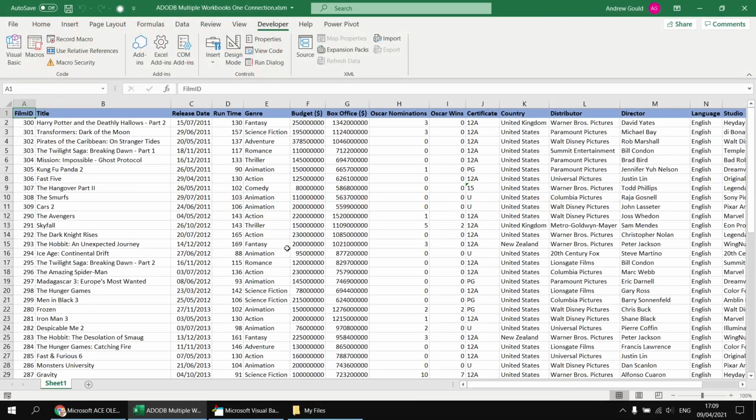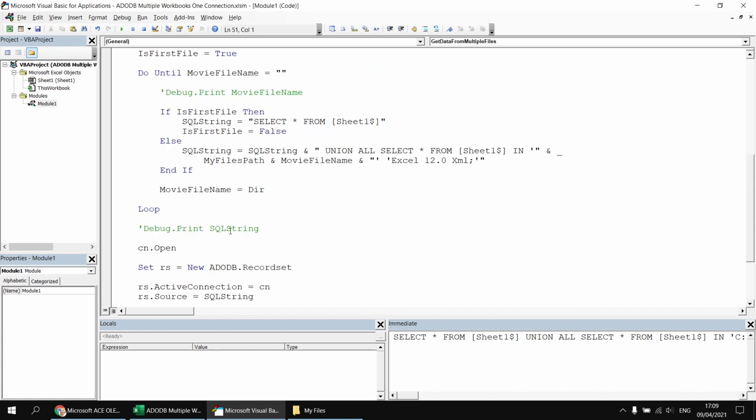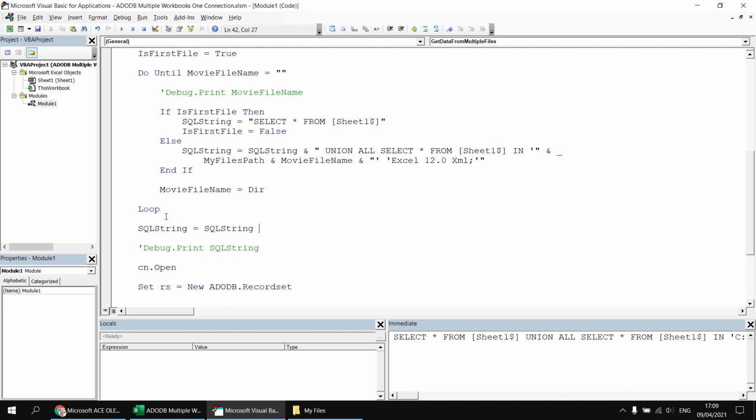So at this point, it's really just a case of playing around with the select statement to do a few more interesting things. For example, let's say we wanted to get our set of results sorted alphabetically by film name, rather than based on which order they come out of the individual files. To do that, we can add an order by clause to the very end of the entire SQL string. So once we've finished looping through the entire list of files, we can add a single order by clause by saying SQL string equals SQL string and then at the end of all that, in a set of double quotes, we can say